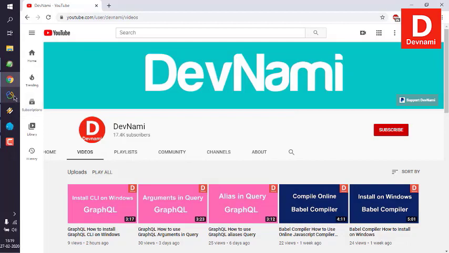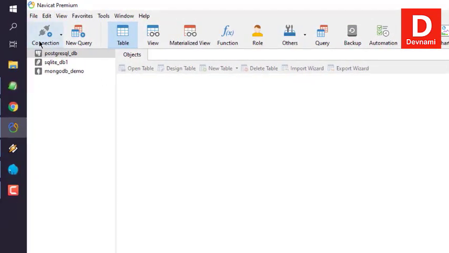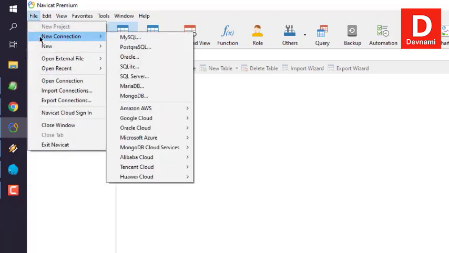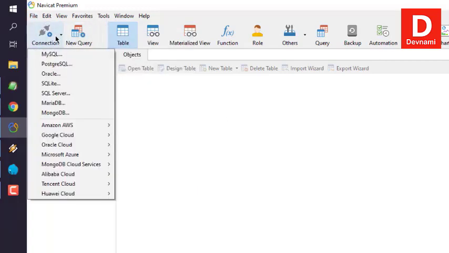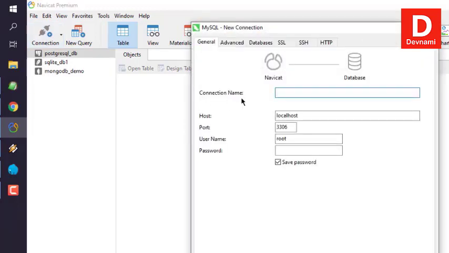So let's open Navicat, and here you see I have option to add new connection from file, new, MySQL, or I can use connection, MySQL. So let's click on that. Then here let's add